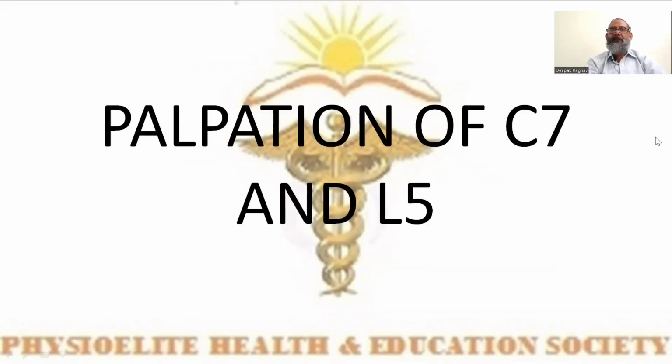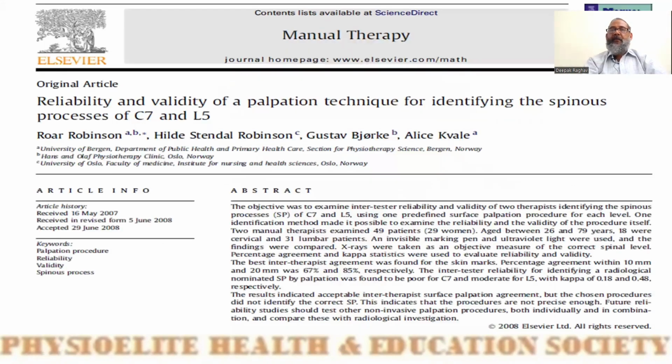First, we come to palpation of the C7 and L5 vertebrae. When we are palpating the C7 or L5 vertebra, we are thinking that we are in the right place on the spinous process that we are palpating. But it doesn't happen. In this study,